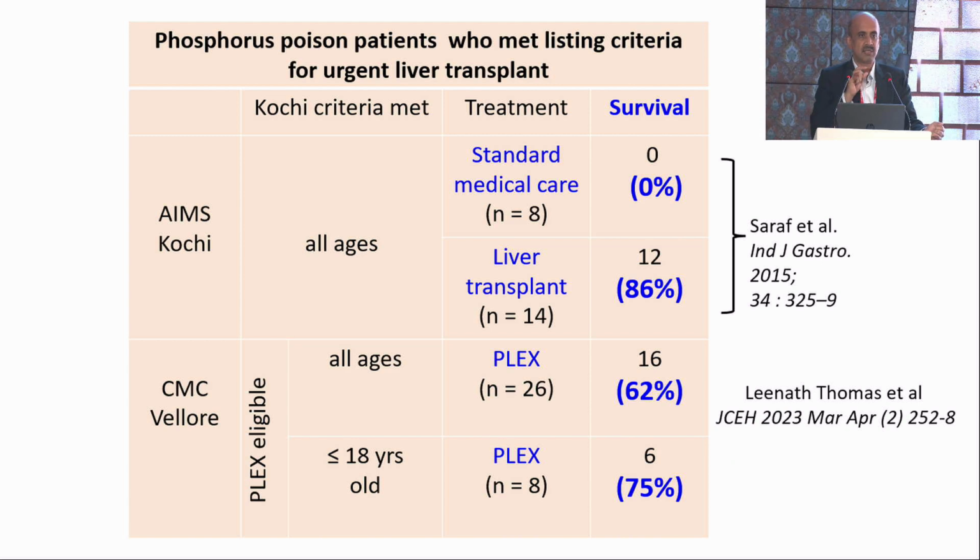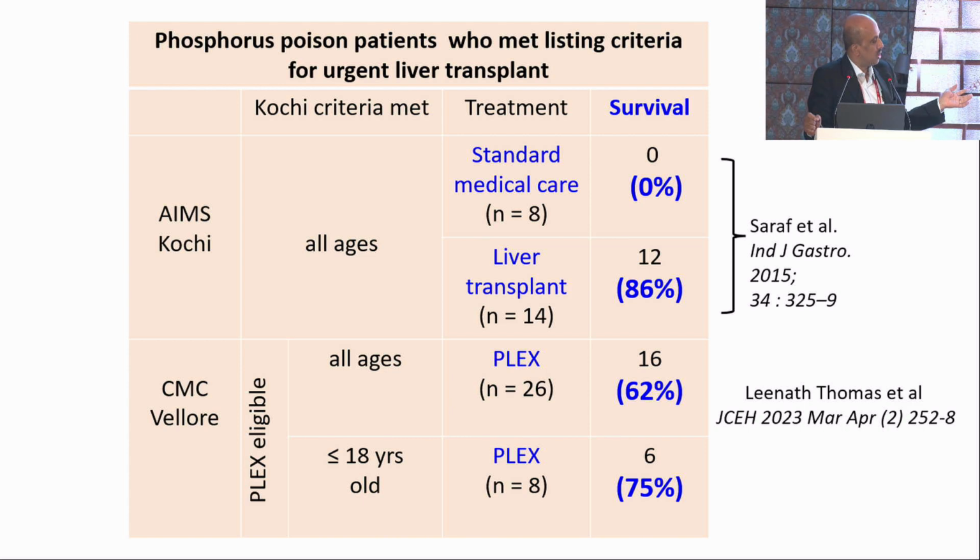And when patients met those criteria and had standard medical therapy, none survived. While if they underwent urgent liver transplant, 86% survived. In our data set in Vellore, of the patients who were eligible for PLEX, we could find,